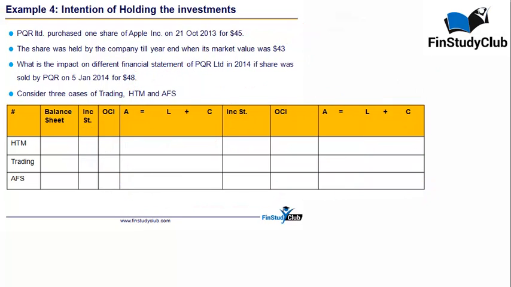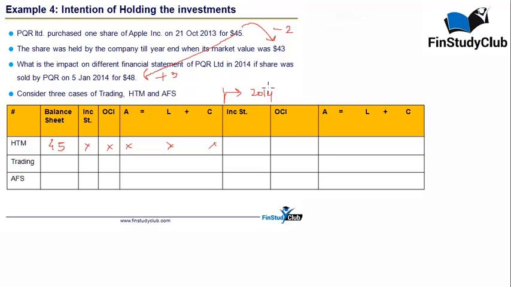Okay. Let's talk about the fourth and perhaps last example in this session, wherein we are saying that 45 worth of investment went down to 43, an unrealized loss, but ultimately giving you a gain of 3. So that's really the opposite of what we've done so far. Let's just do the accounting. On the balance sheet date, investment on HTM will be recorded at 45, no unrealized gain or loss being recognized.